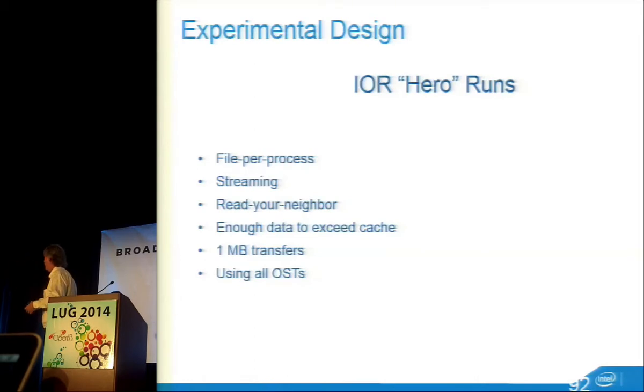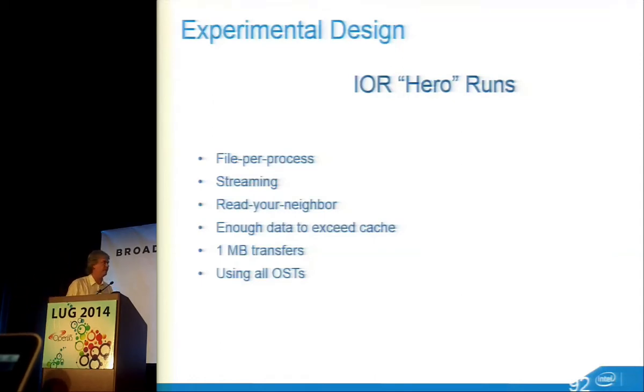In this case, that would be irrelevant since there is no neighbor, there's only one task. And you certainly want to move enough data to exceed any caches. We standardize on 1 megabyte transfers. You'll actually see later that we did tests to show that it didn't really matter what we picked. And then normally for a hero run, you'd use all your OSTs. For our specific result, we're going to target that one really fast OST, and then we'll also see some results